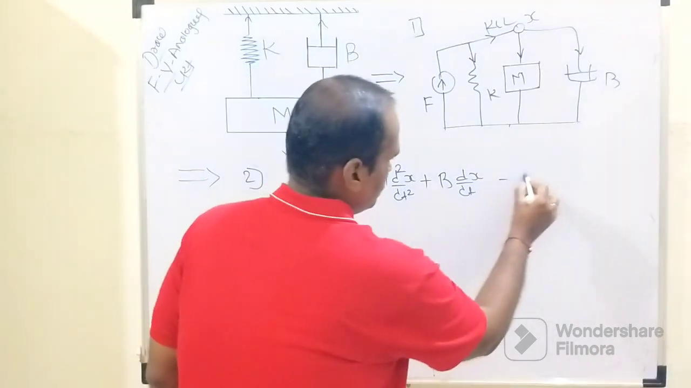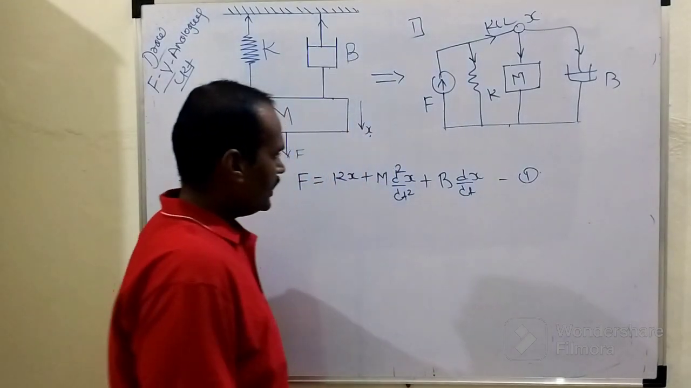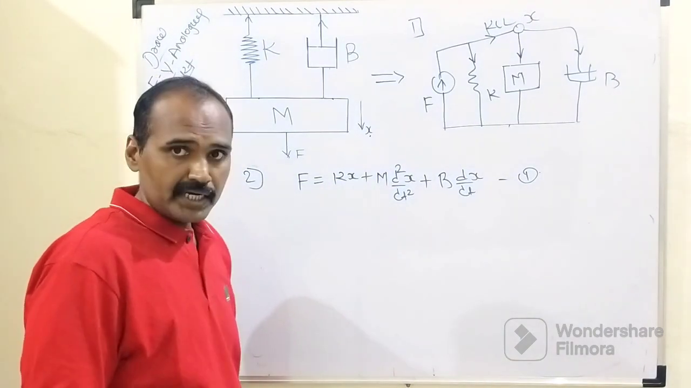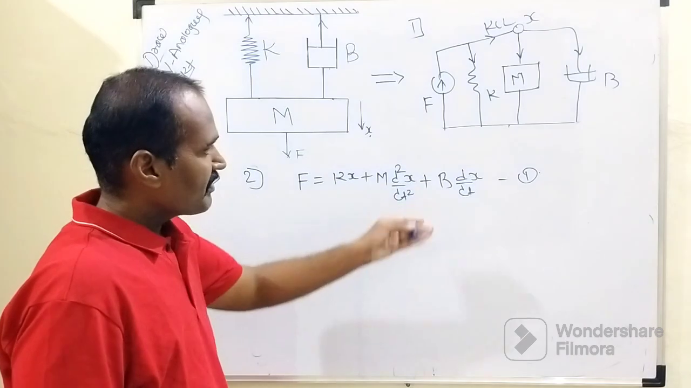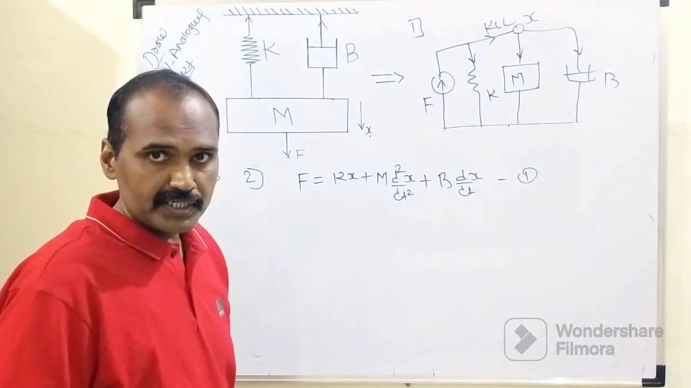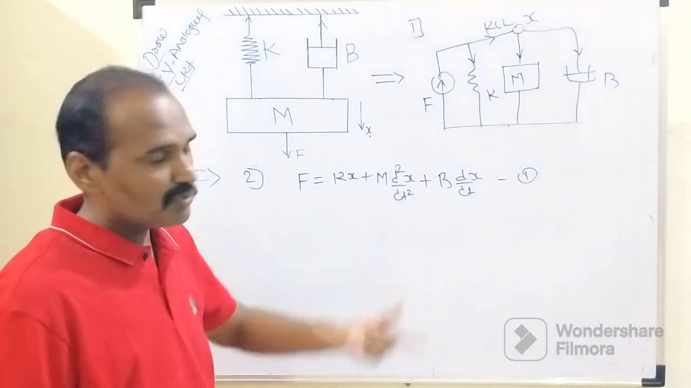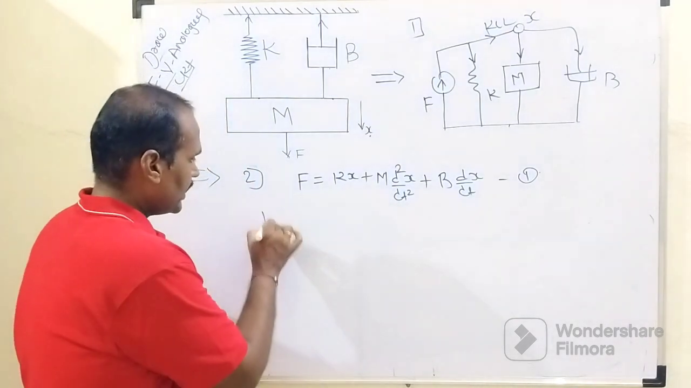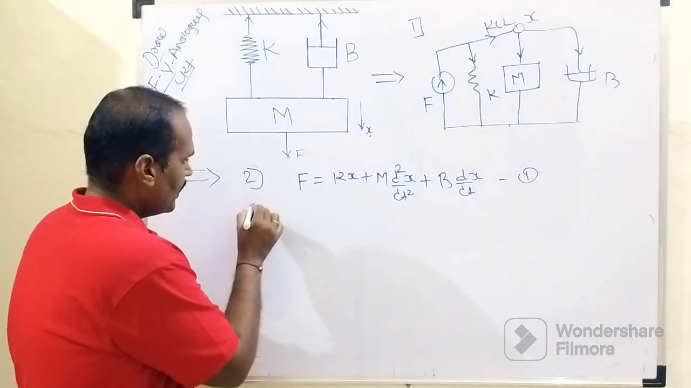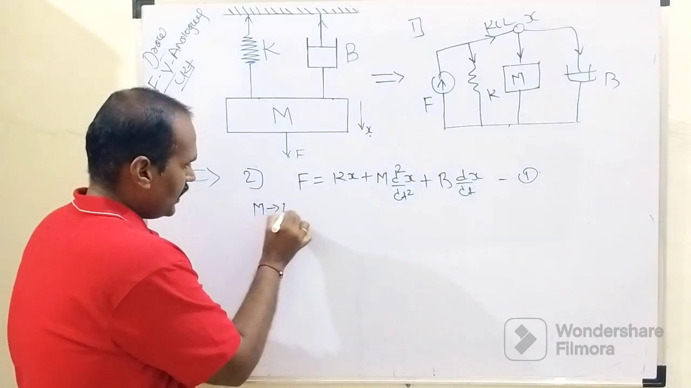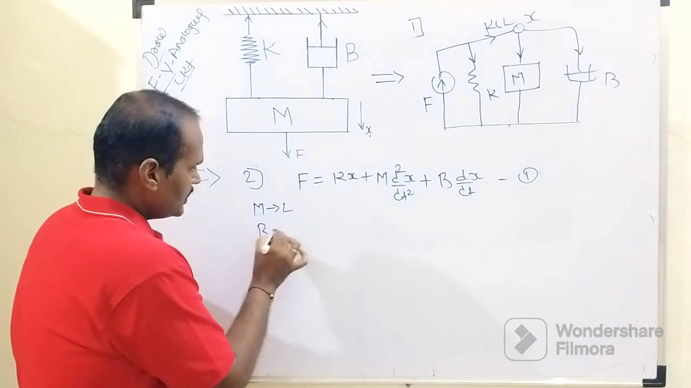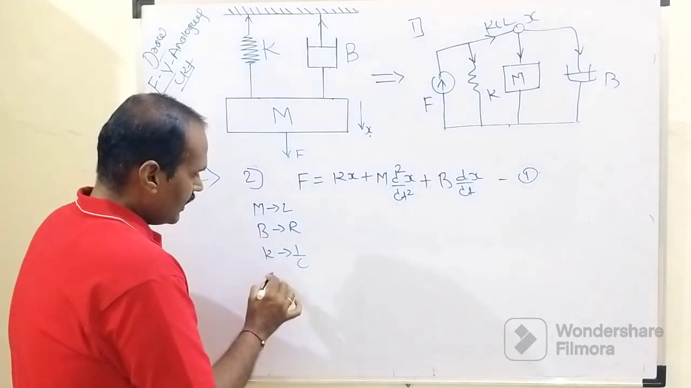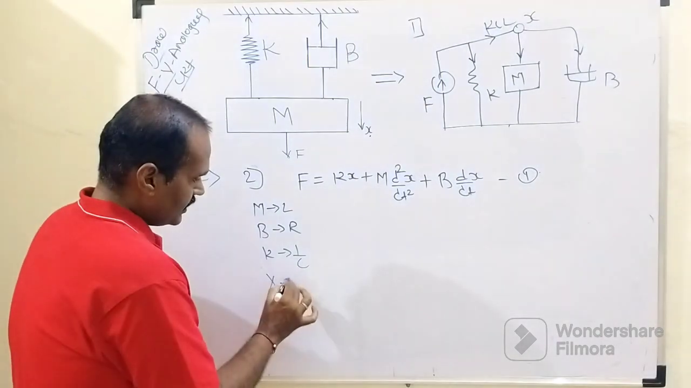So suppose this is equation number 1. Then, according to the force-voltage analogy, we need to apply it to convert this mechanical system into an electrical system. According to the force-voltage analogy, this M is analogous to L, this B is analogous to R, this K is analogous to 1 over C,